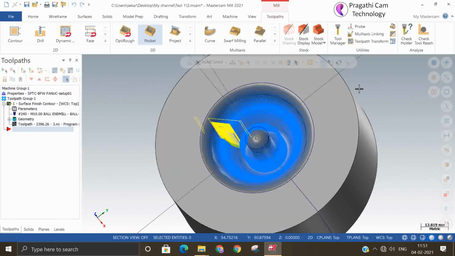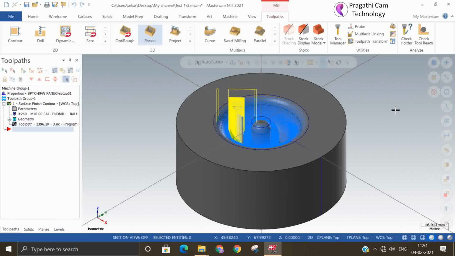So what is the advantage? There is no need for programming again for small changes. Once your toolpath is made, whatever changes come from the design department, you can accommodate by using change recognition. This is common. It is used for 2D, 3D, fourth axis, fifth axis, wire cut and turning. For all applications it is the same.